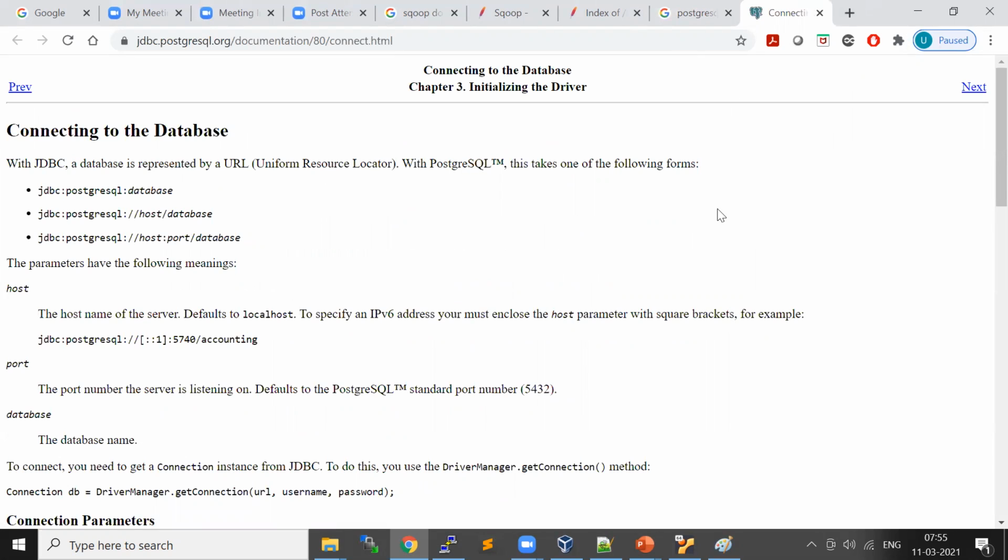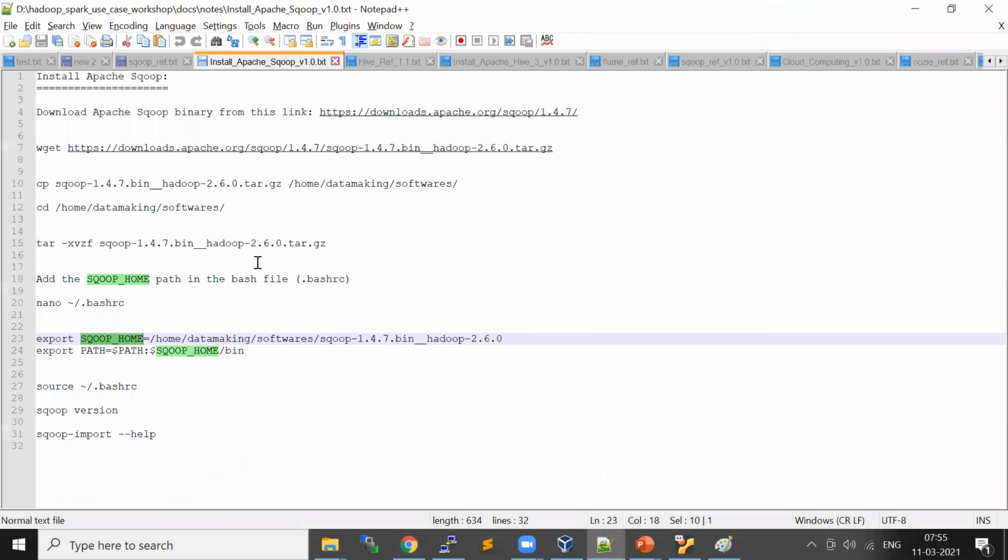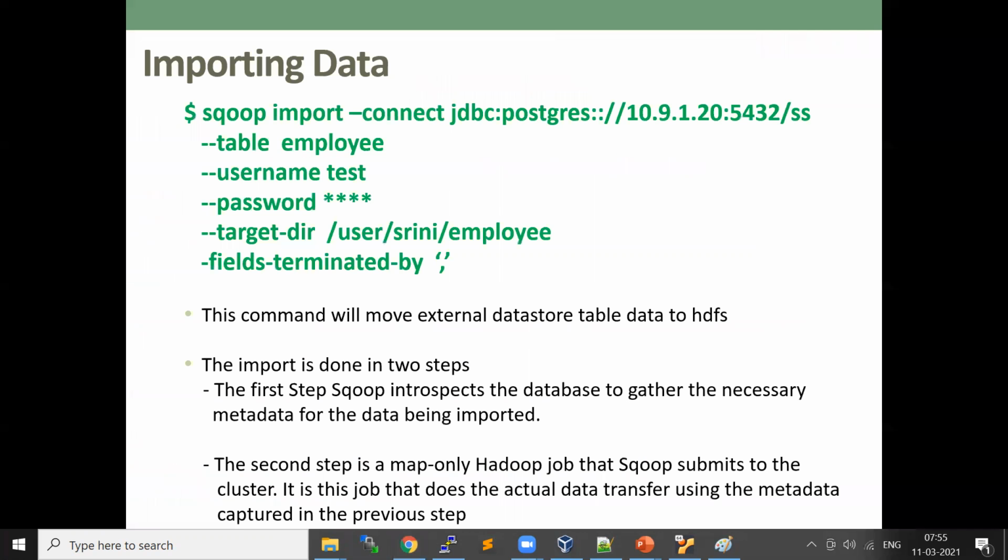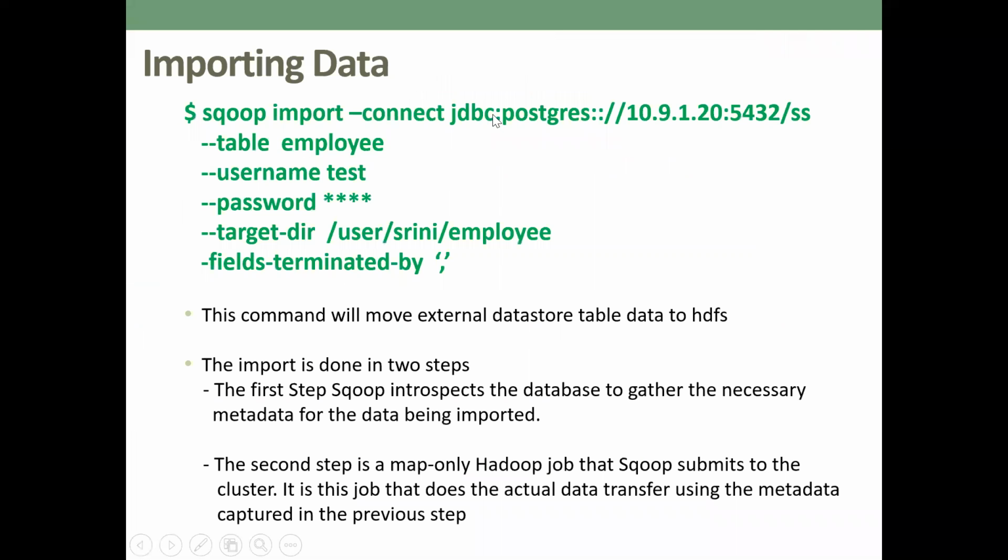You can get the JDBC URL for each respective RDBMS from its website. There are certain properties we need to set. Typically it looks like this: jdbc:postgresql:// followed by the host name of the Postgres DB server, the port number, and then the database name. For MySQL, it's jdbc:mysql:// followed by the host name, port number 3306, and the database name.